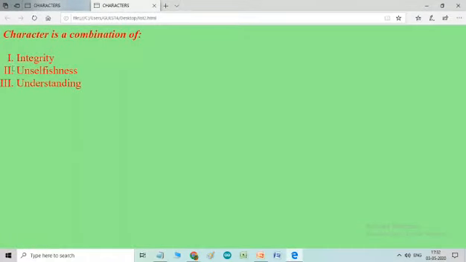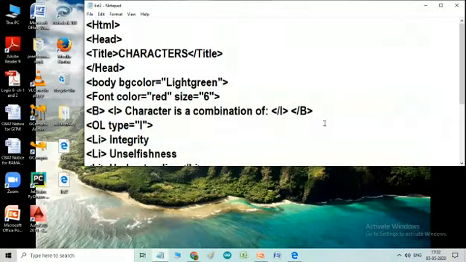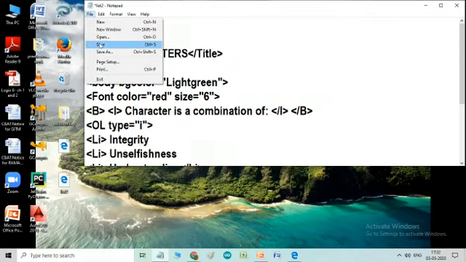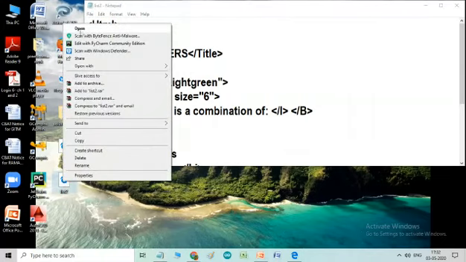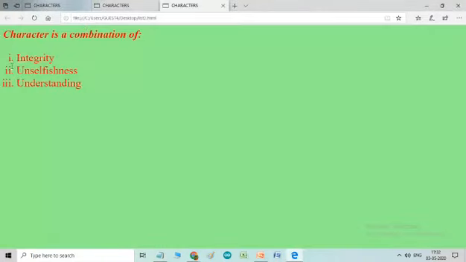So see, automatically the numbering is changed to Roman numbers, capital Roman numbers. Now I will change here to small Roman numbers. So I just type small i here and say save. Let us see the result. The list has come as i, ii, iii.